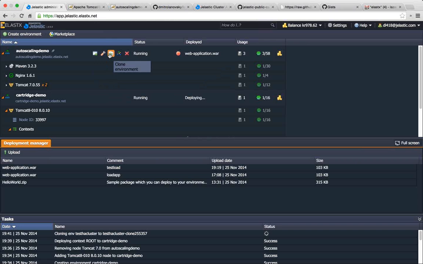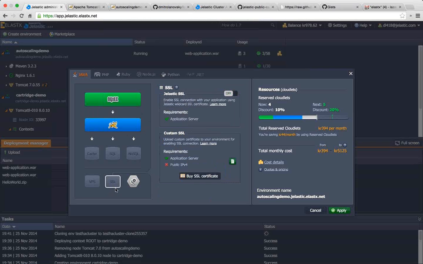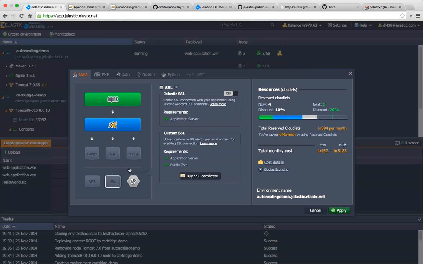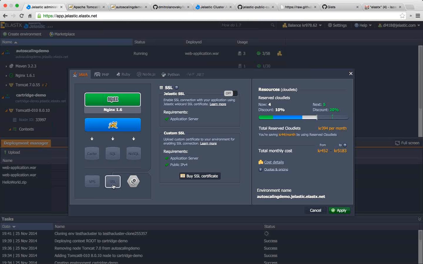So we have enabled automatic adding of HTTPS to your cloud environments. We have a special item that enables it. It's called SSL, and as you can see, we require a public IPv4 address for the entry point of your cloud environment, and now we will enable it. So we have enabled a public IPv4 address on the load balancer, and